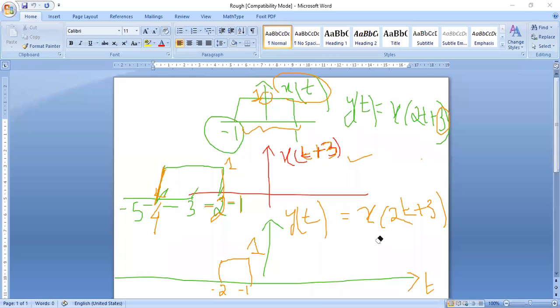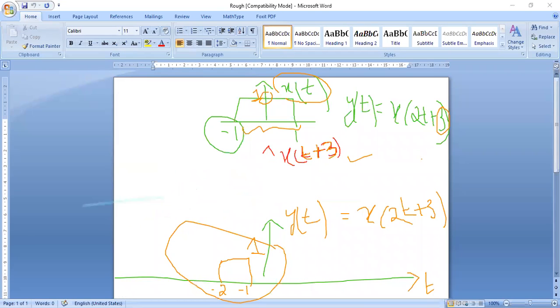Scaling means if it is 2t, it should be divided by 2. If it is t by 2, it should be multiplied by 2. So here 2 is multiplied with t. That is nothing but you will get the compressed version of the output. It's a compression. See, if you are not thorough with this problem, definitely the other problems you will not understand.